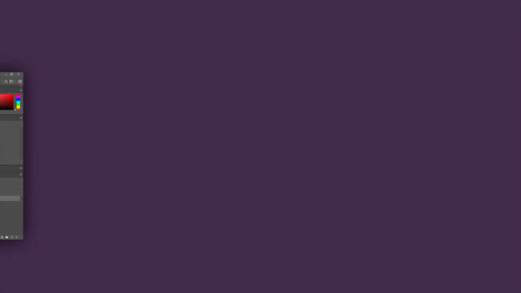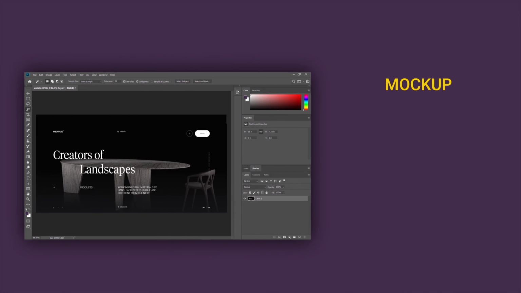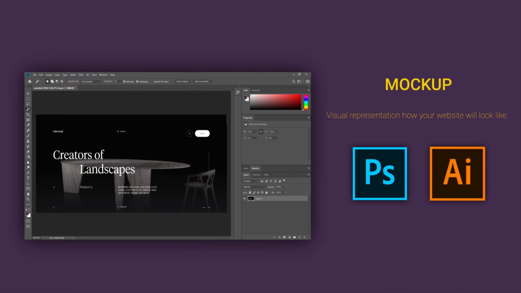I always recommend first create a mockup of how your website will look. And for these purposes, you can use software like Photoshop or Adobe Illustrator or anything like that. Even if you are not the most artistic soul, you can always hire a designer to do this job for you, or there are literally millions of websites on the internet that you can use like models for building your